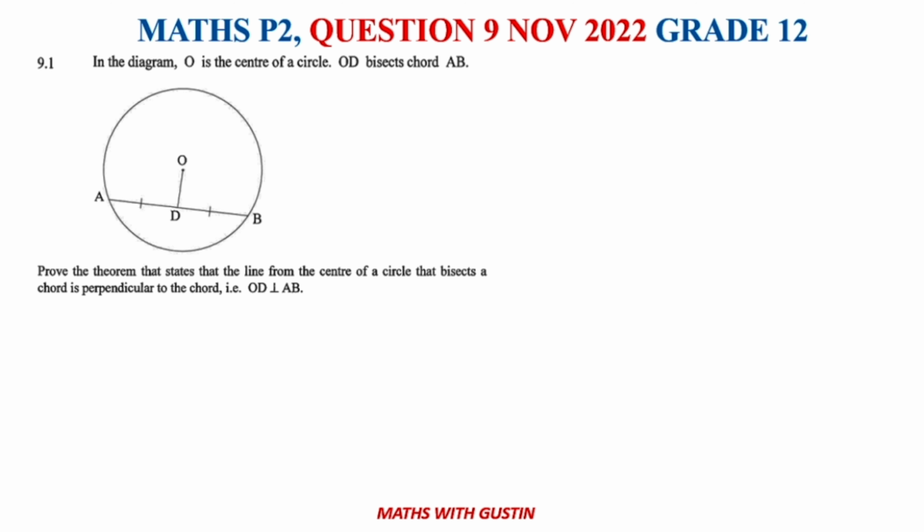Therefore, we are required to prove the theorem that states that the line from the center of a circle that bisects the chord is perpendicular to the chord. So we just need to prove that OD is perpendicular to AB. So first thing first, to answer this question, we need to draw a line